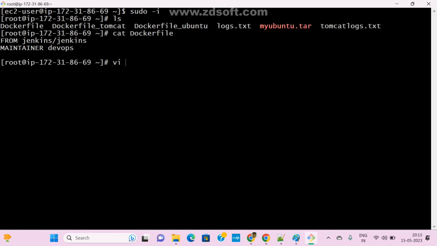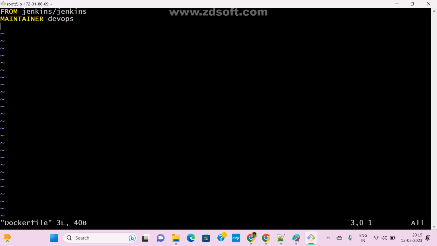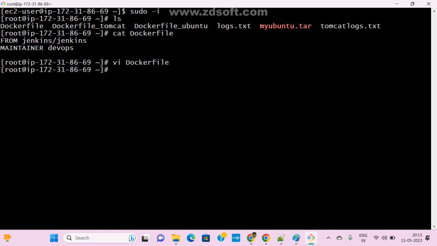Now vi Dockerfile, insert. I remove this FROM image, and without FROM I write something, apt update -y. Then escape, :x.